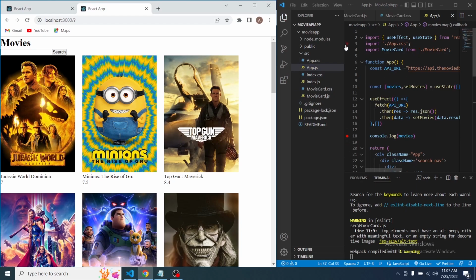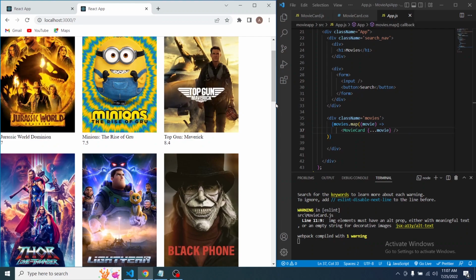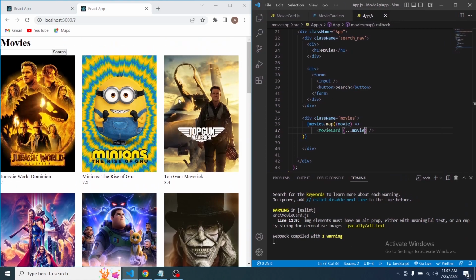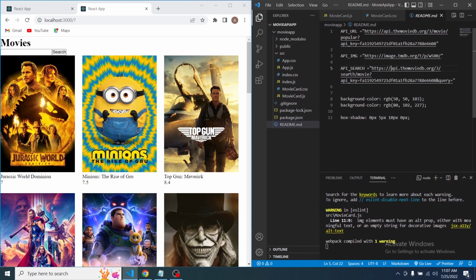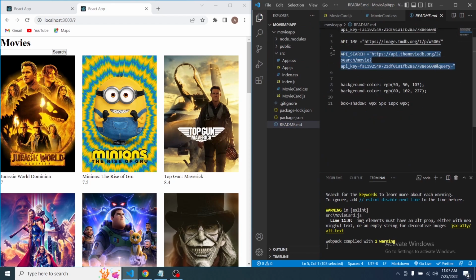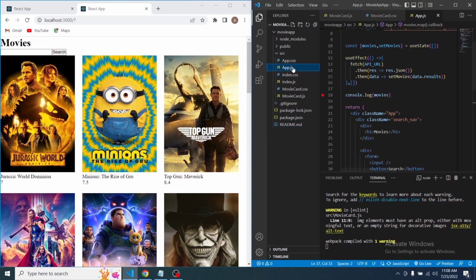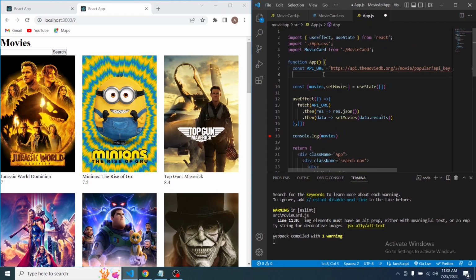It's actually kind of small. Yeah, let's leave it like this. So in app.js, let's make this a little bit smaller as well. Looks good like this. In app.js, we want first, let's get the link for API search to have it here. App.js. We need to import the API for search, so const